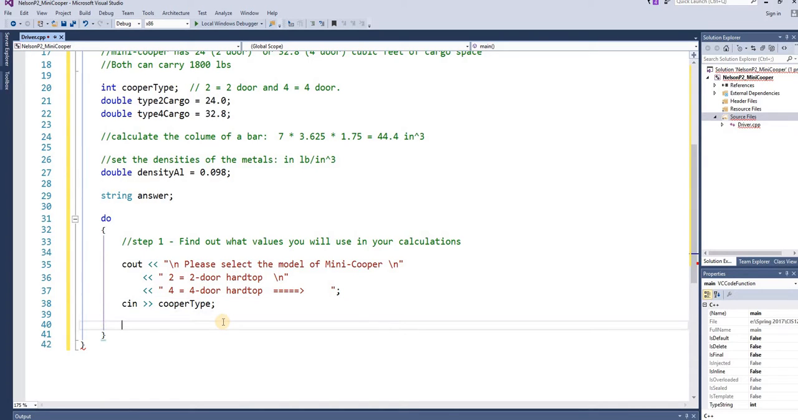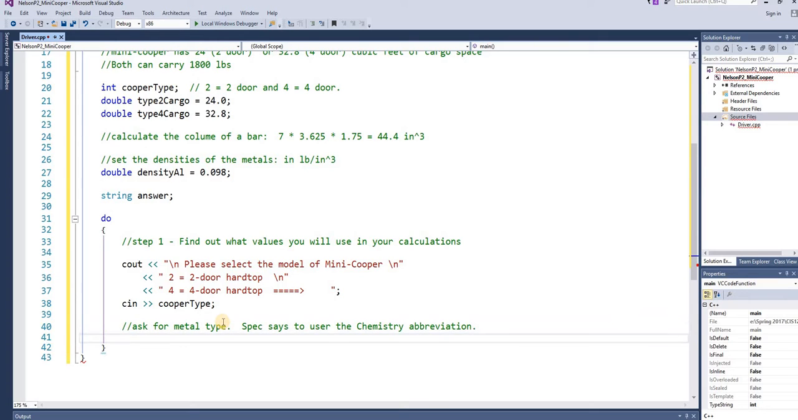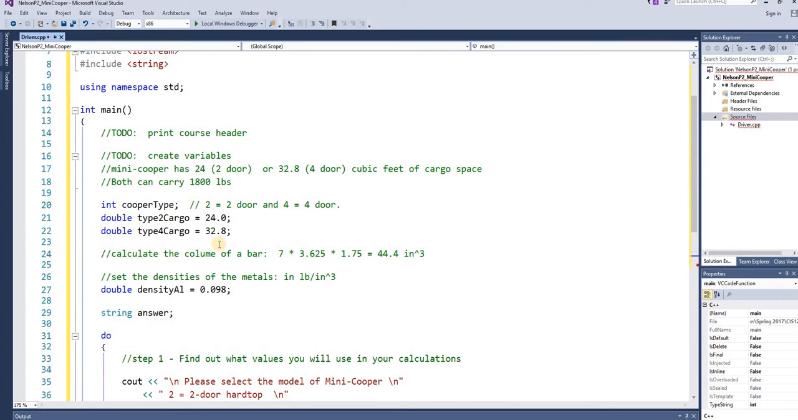All right, then you're going to ask for metal type. The spec says to use the chemistry abbreviation. Okay, so you can tell them to write Al for aluminum, etc. All right, so you tell them what their choices are, and then the metal type, I didn't make a